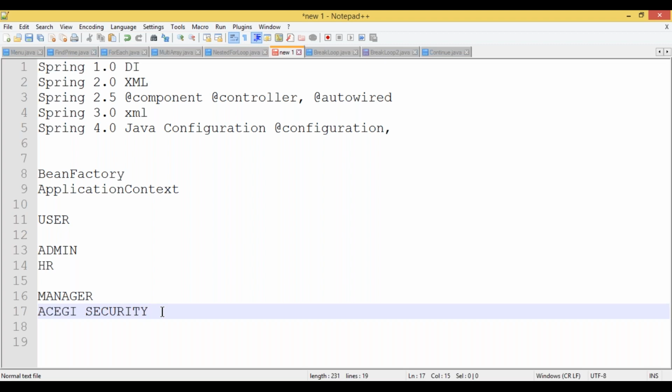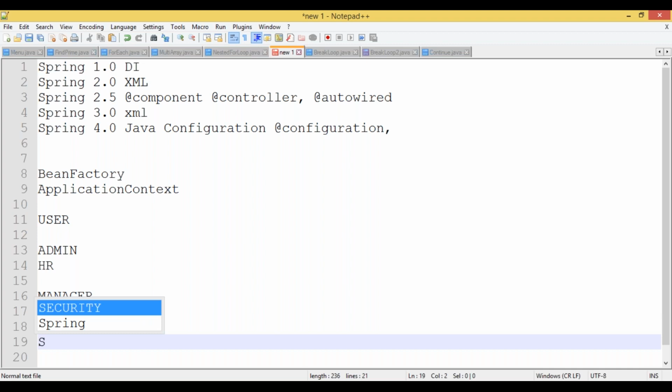Yes, exactly. In our XML, we try to give an XSD, like the Spring beans 3.0 XSD. So we'll give some XSD-related information. I hope everyone understood.